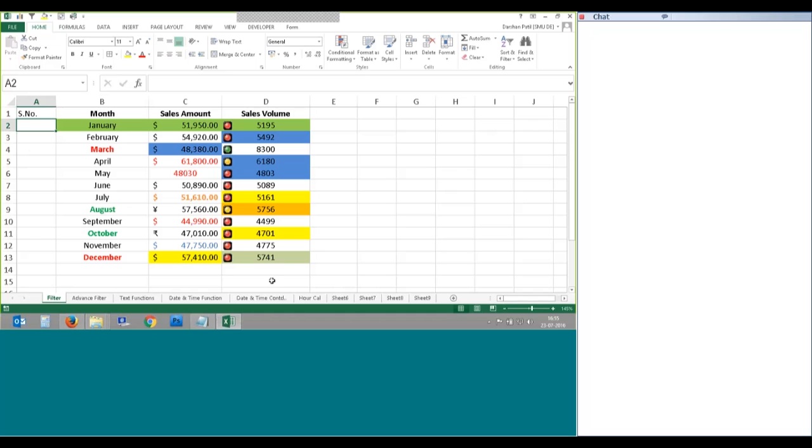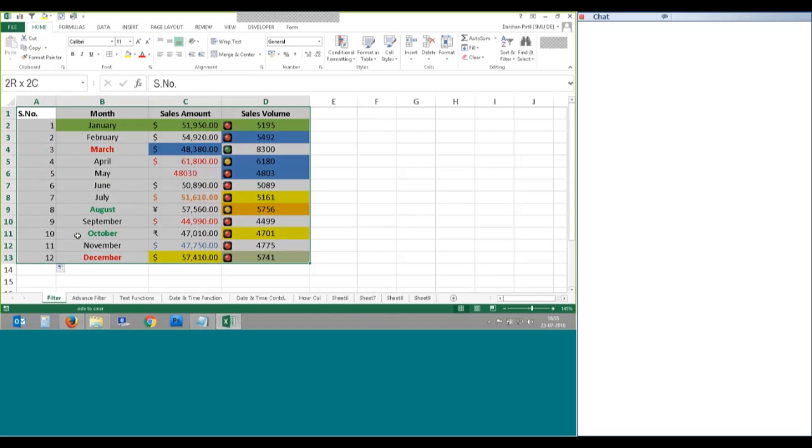Before applying filter or custom sort, before you do anything, suppose we have serial number as the label and values from 1 to 12 against January to December. If we have this data in place,